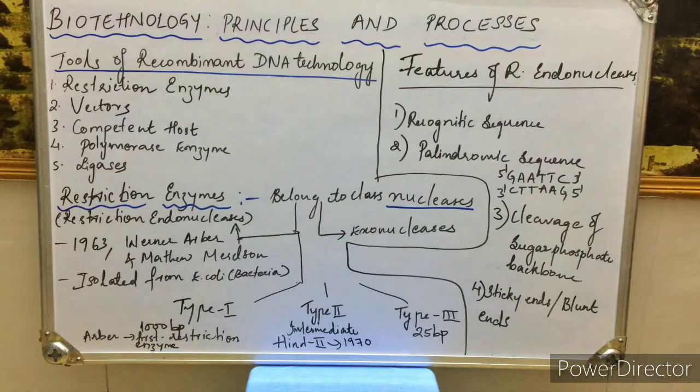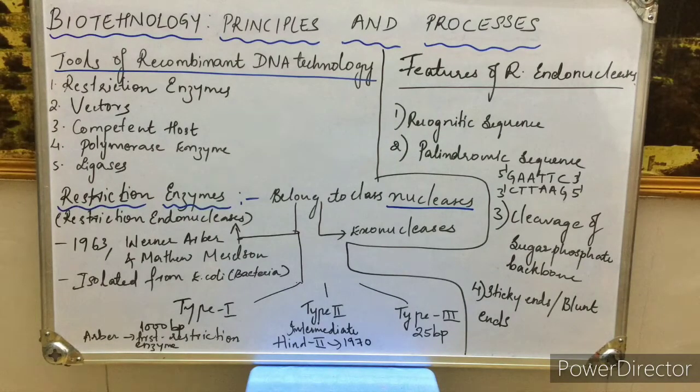Every enzyme has certain features and qualities. They are not going to act upon all the DNA sequences. If they could act upon all the DNA sequences, then all the DNA present in the body would be degraded, and it would lead to a lot of complex proteins being formed, which is not a regulatory method. So restriction endonucleases have certain features. First, they recognize a sequence known as the recognition sequence.